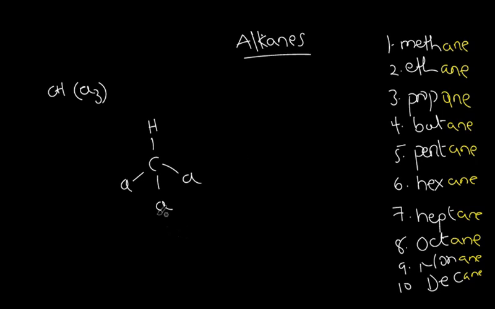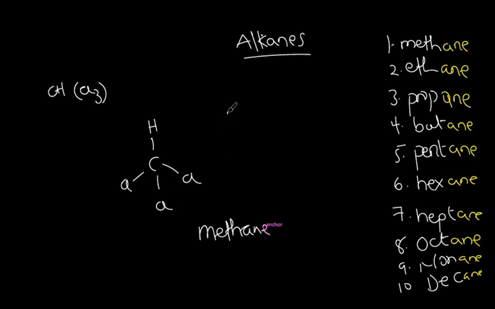Okay, so still we have 1 carbon as the parent carbon, so the name of this alkane will be what? Methane. So we write the methane down. Now how many chlorines do we have? We have 1, 2 and 3. We have 3 chlorines. So because we have 3 substituents and they are all chlorine, we need to give them